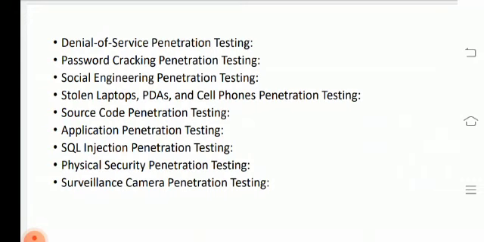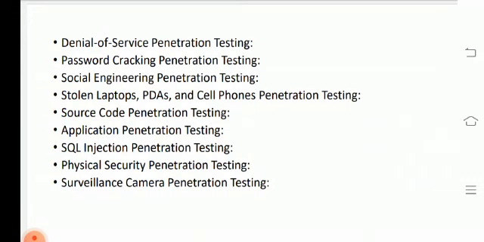Sometimes denial of service is done on a trial and error basis. So the penetration tester must check how much the website or server can withstand. It is also necessary to provide alternative ways to react to the situation when the limit is exceeded. So this is the denial of service penetration testing.